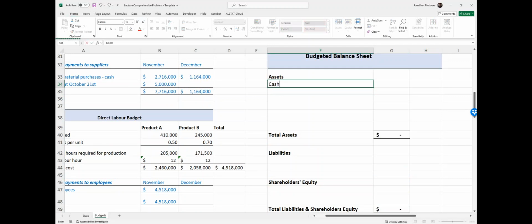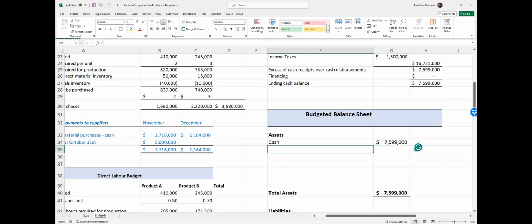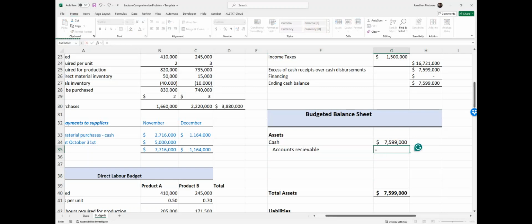As a starting point, we know that we have cash, and our cash is going to come from the budgeted cash, the cash budget we just prepared. That's our cash right there. And then we will have accounts receivable, and for your accounts receivable, that amount is going to come from, remember we said